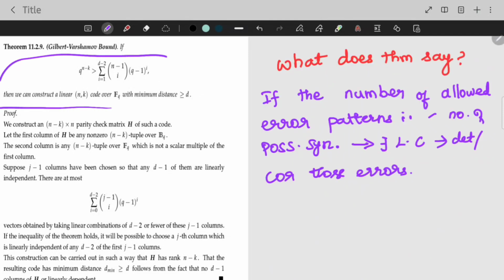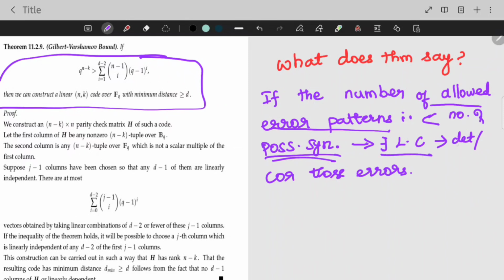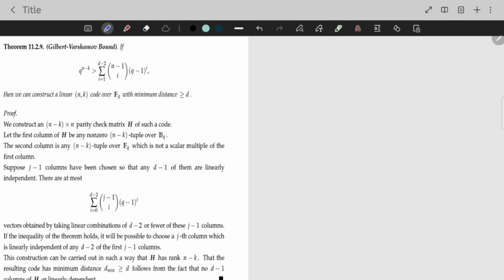This is the theorem inequality. Now let's see what the theorem says. If the number of allowed error patterns is less than the number of possible syndromes, that is error checks, then there must exist a linear code that can detect or correct those errors. In math terms, q to the power n minus k is greater than or equal to the summation i equal to 1 to d minus 2 of (n minus 1 choose i) times (q minus 1) to the power i,